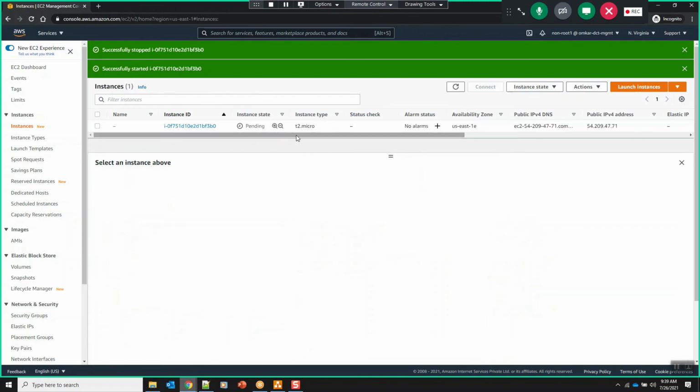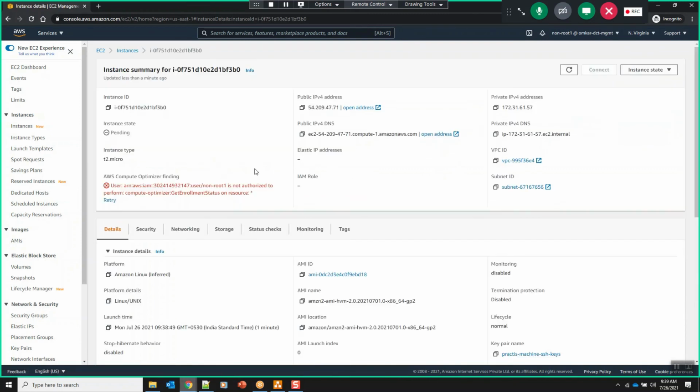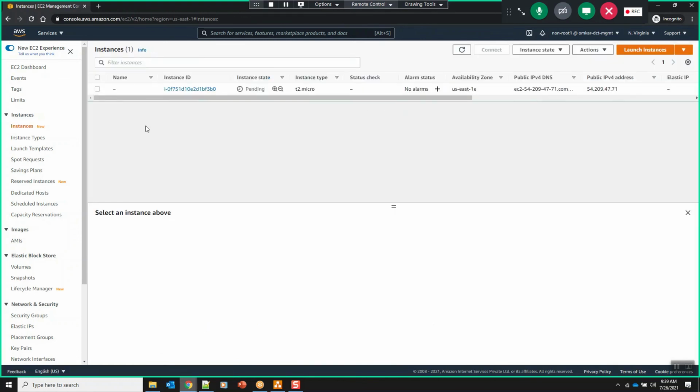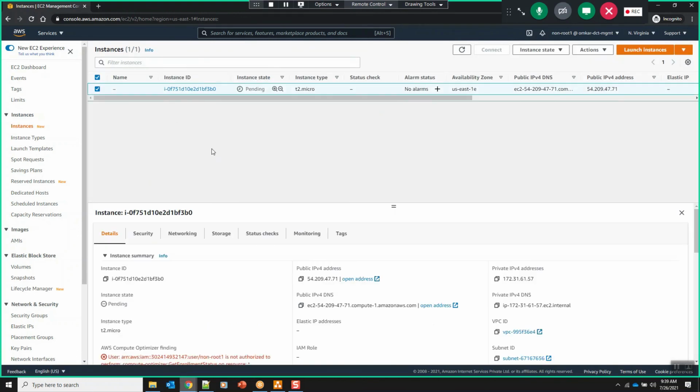Now I think our instance is launched. Let me see the state. Yeah, now you could see this, Ruchi. Whenever I start the EC2 instance, it assigns one more public IP address. But is the previous public IP and the current IP the same?